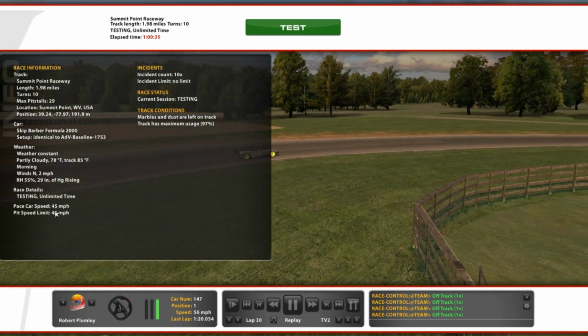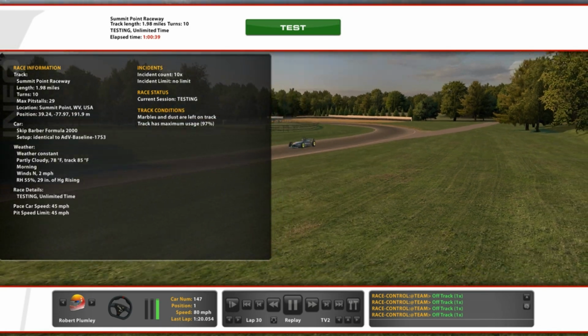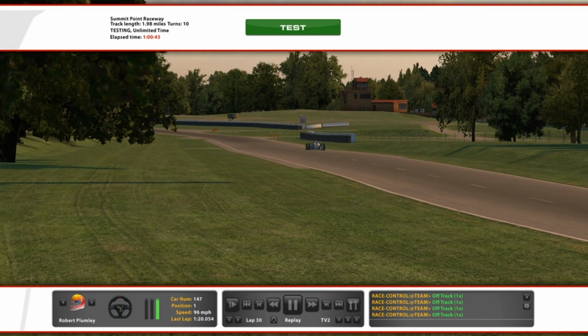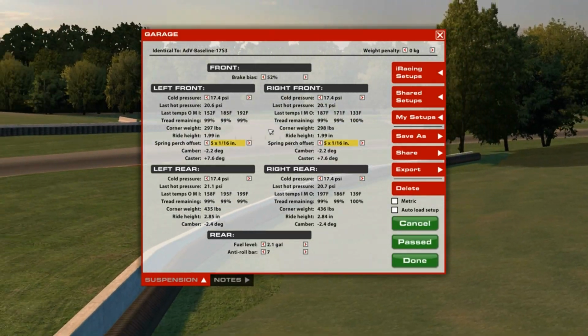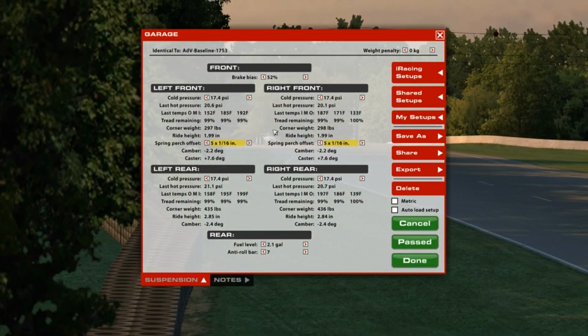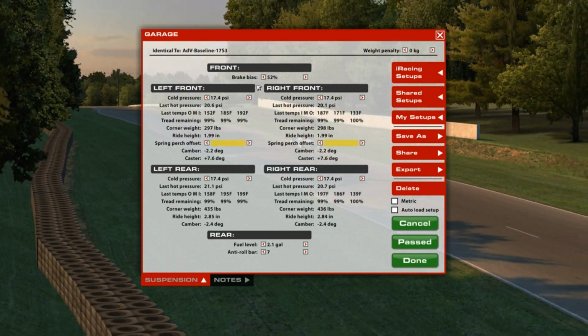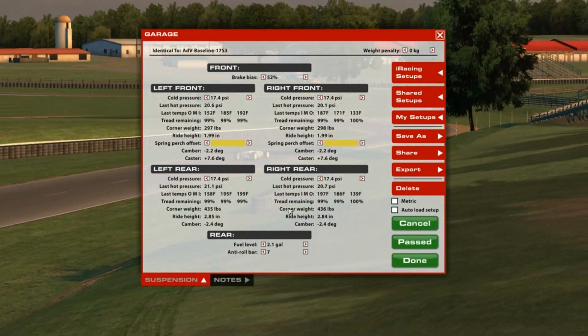The weather is on screen now for all the laps. We are going to talk about 85 Fahrenheit on the track and partly cloudy. Those are the vital details. Setup on screen, identical setup to last season. There's been no updates whatsoever as far as Skip Barber during the end of season updates, so no need